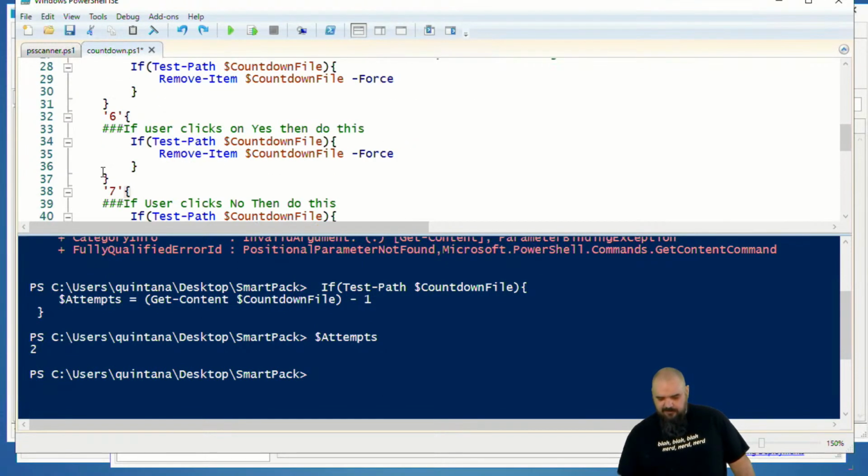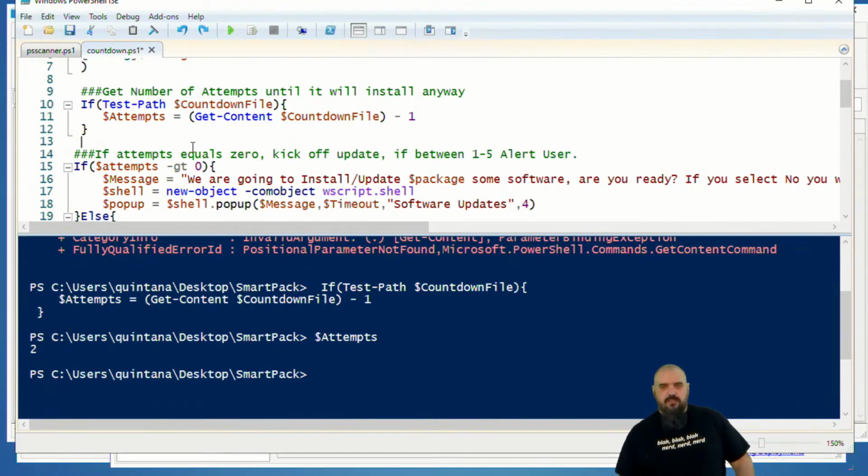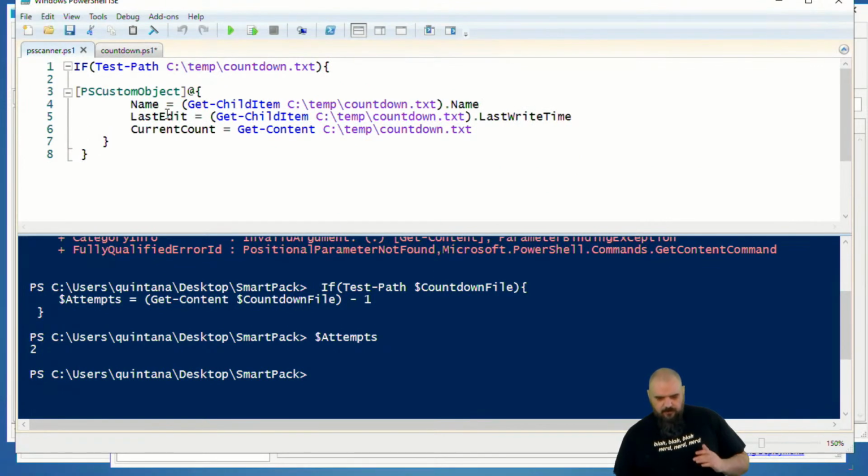I mean, there's not a whole lot to this one. It's just a quick pop-up for the user, and then based on the results, it's going to create things, and registry works fine. We just did the file for this one. All right. And then as far as the scanner,